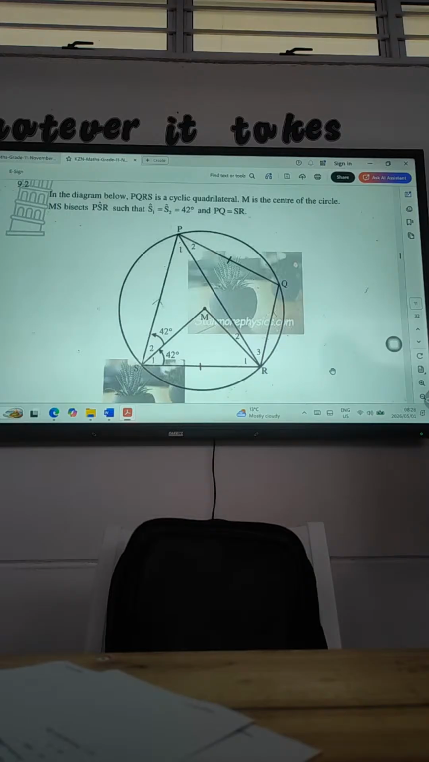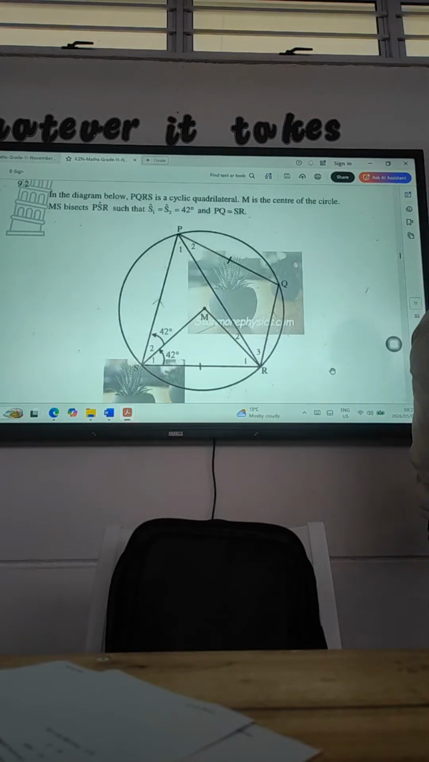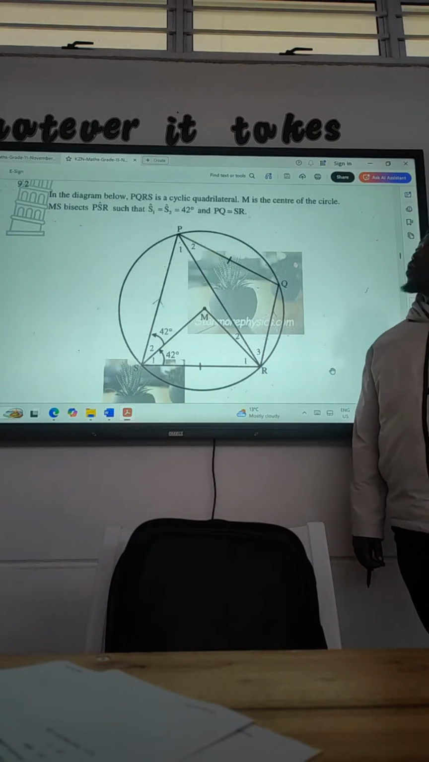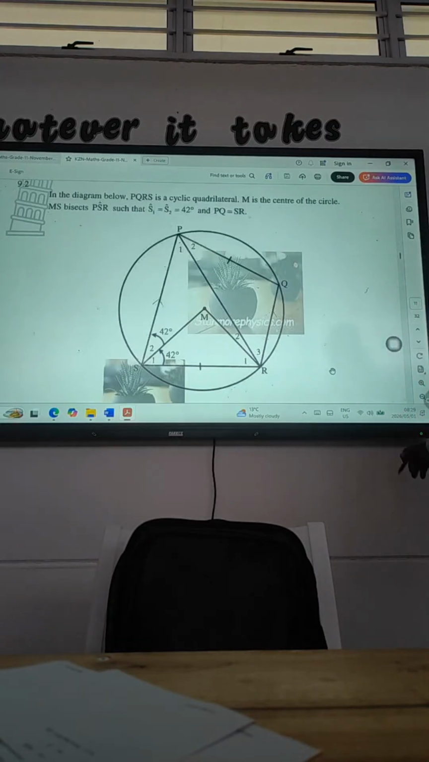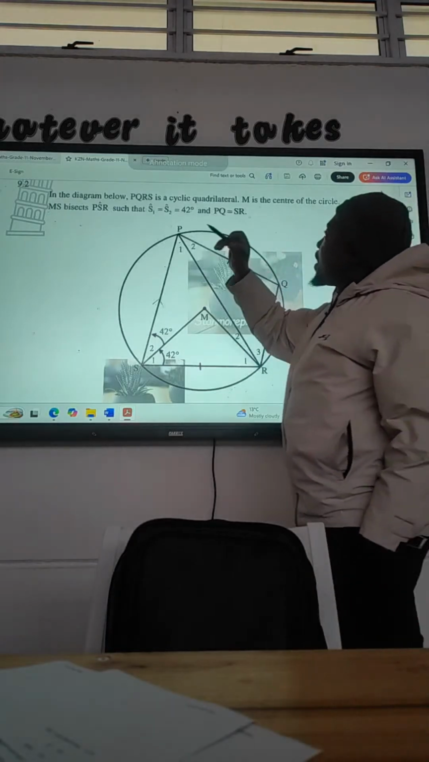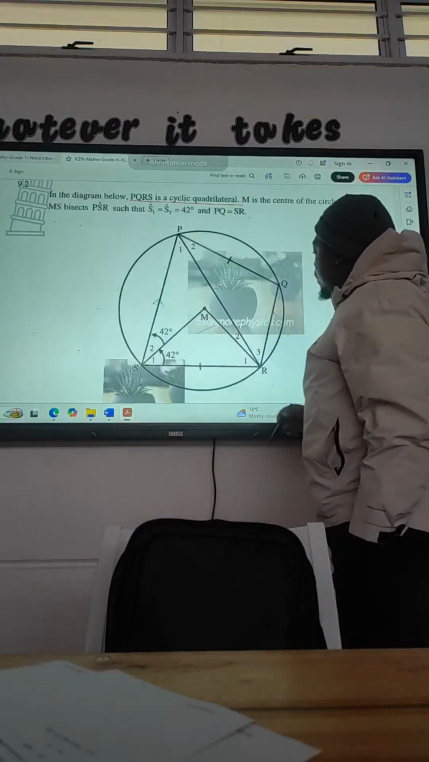In the diagram below, we have PQRS is a cyclic quadrilateral, and M is the center of the circle. MS bisects PSR such that S1 is equal to S2, which is equal to 42, and PQ is equal to SQ. We would like to see if the information that is given to us is there on the diagram. The first one is PQRS, the cyclic quadrilateral. Let's go and highlight